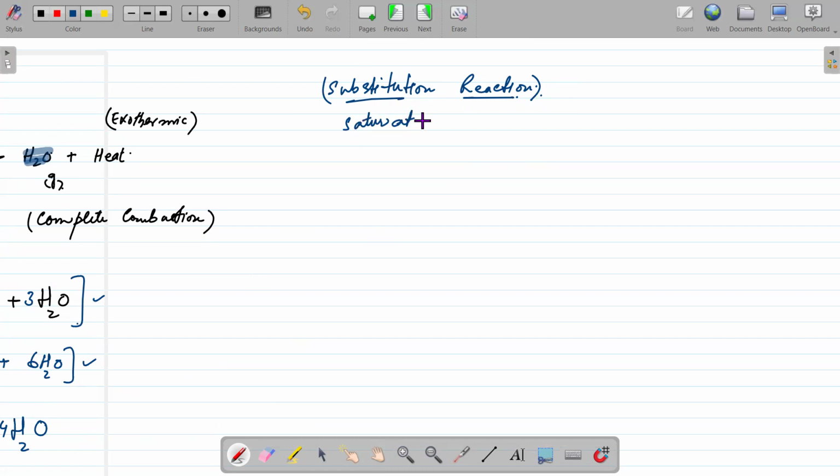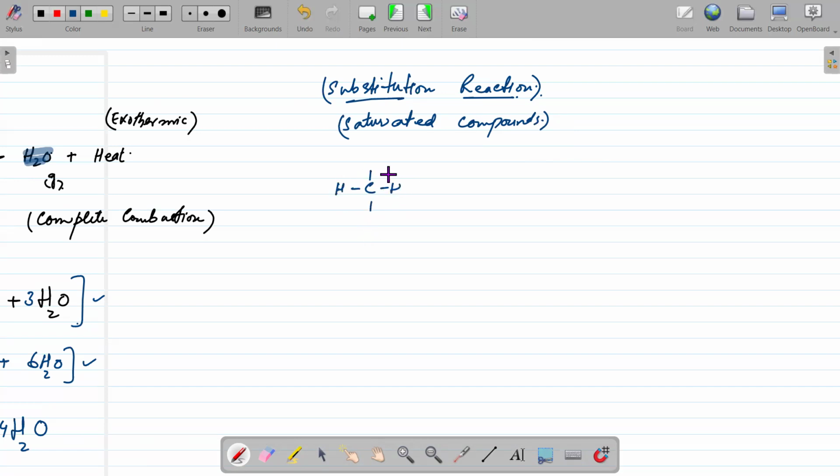Why? Because every carbon atom is making four single covalent bonds. So they are saturated compounds, no more vacancy available. But if any element wants to react with these alkanes, it has to substitute one of the hydrogens. For example, let's take this example,